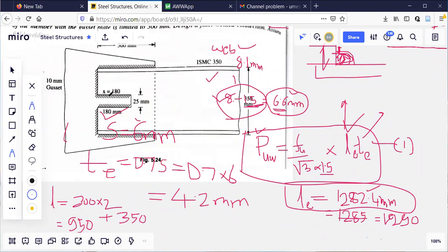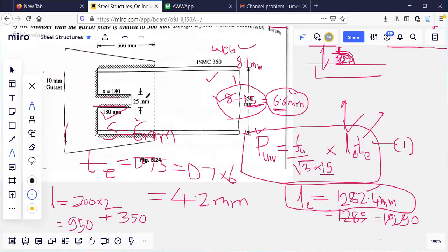That is why I have to create one slot here, so that on this side and this side, I can apply whatever shortage there is. You subtract 1282 minus 950. That much should be the length available on the two sides, so you have to divide this by 2. What should be done? 1282.4 minus 950, divided by 2. Whatever value is there, that much you apply here and here. That is the end of the solution.